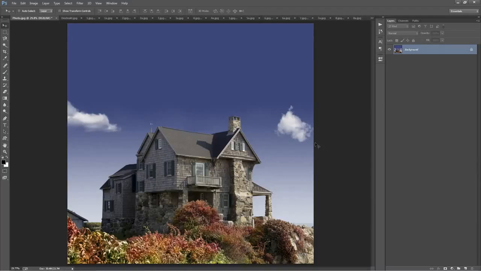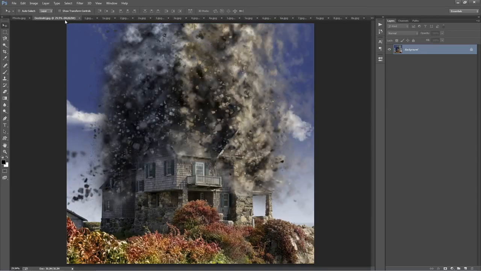In this video I'm going to show you how to use the Destrukt Photoshop Action. So here I have my stock photo, and I'll put a link to this photo down in the description. So if you want to follow along with this tutorial with this photo, just download that and follow along. What we're going to be doing is essentially blowing off the roof of this house with this